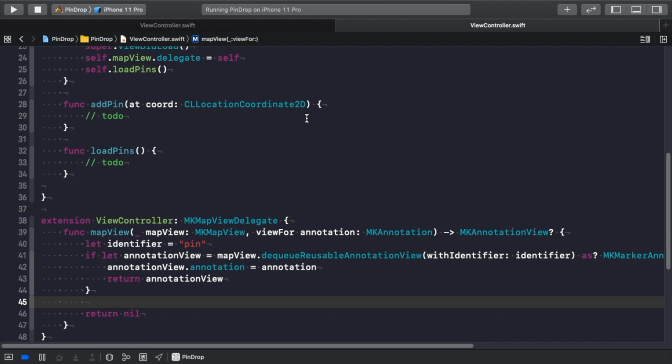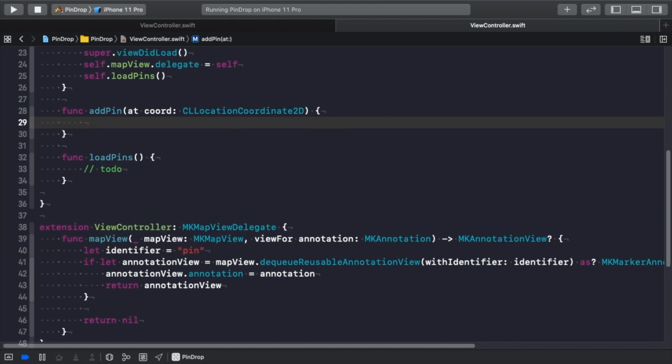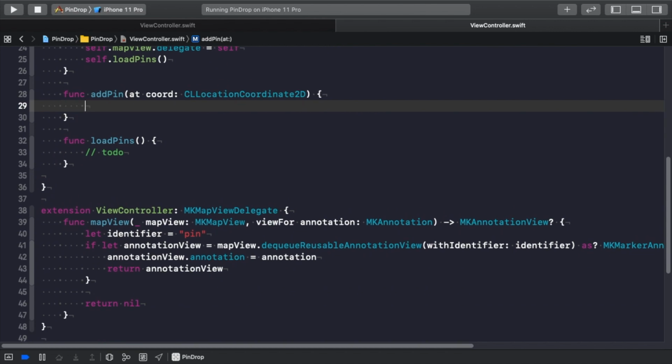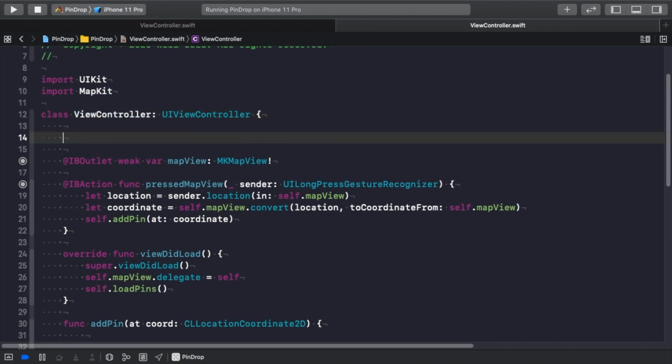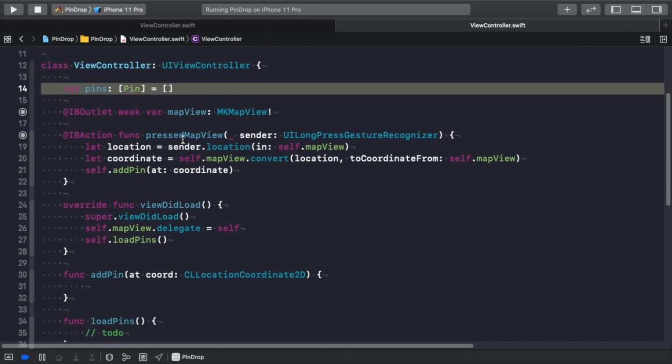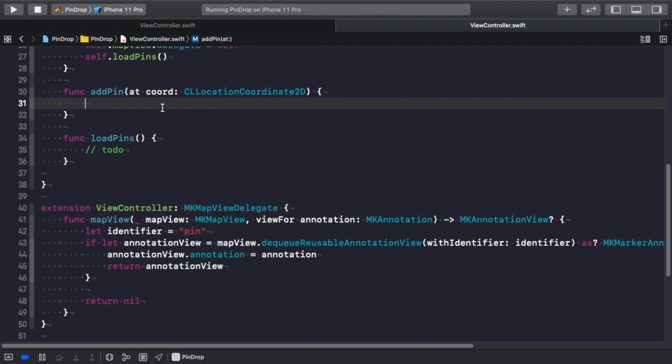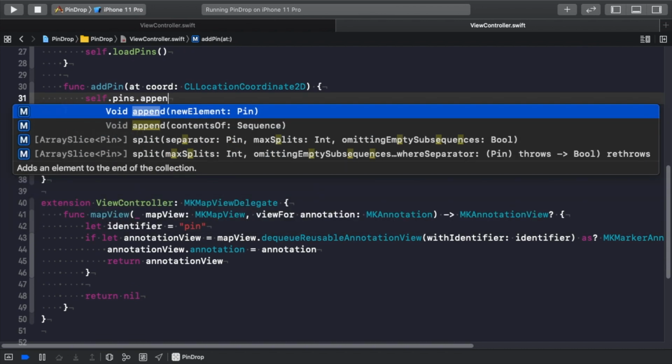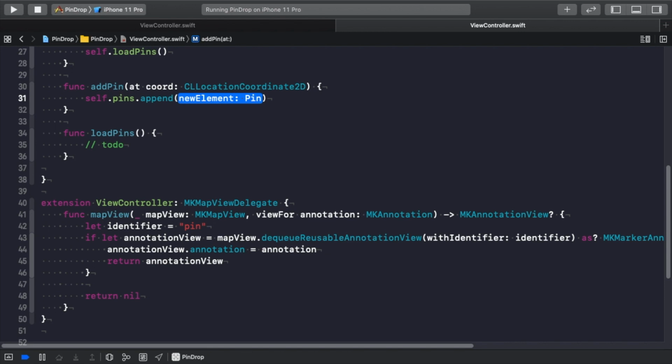So I'm going to do that right up here in add pin. So I'm going to do self.pins. Oops, we don't have self.pins, do we? I'm going to put it here for now. Let's make an array of pins, which is pretty similar to the table view example. It is just our data source here. So now that we have that, self.pins.append. Okay, well the pin is,